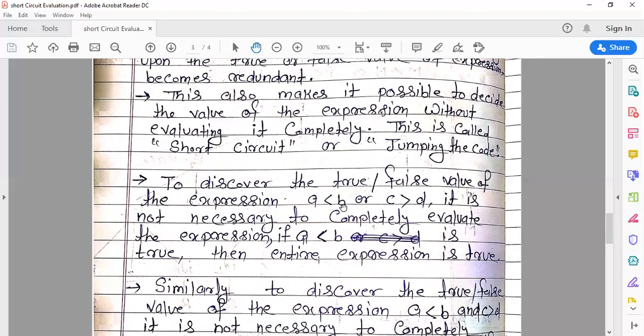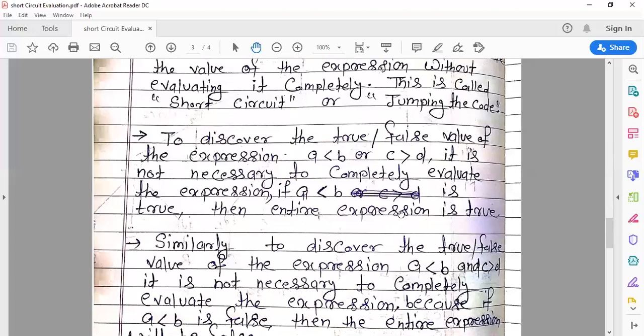But if a less than b is false, then you have to evaluate c greater than d, because if this is false and this is true, then this Boolean expression becomes true. But if the first statement a less than b is true, the whole expression is true. So with the help of short circuit evaluation, in the OR case, if a less than b is true, you need not evaluate c greater than d.